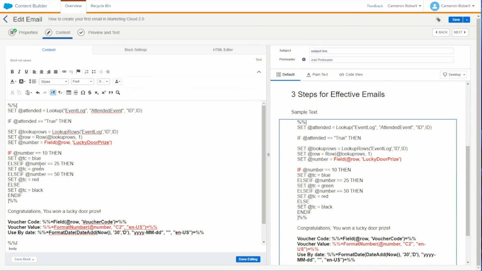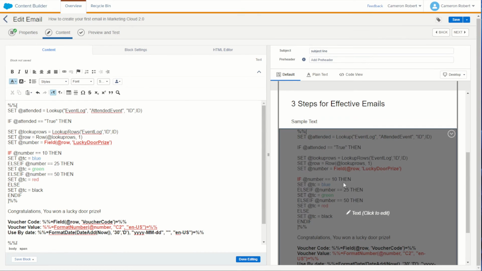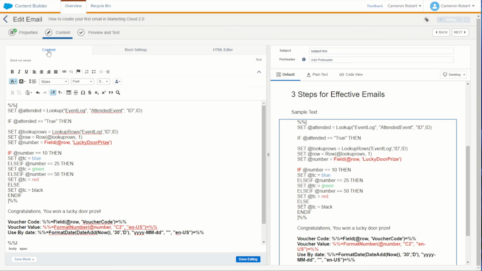Okay. Now, of course, we're going to need to get the color codes for each of our sets here. Now, we do know that blue, we want to show as blue. Green, we're going to want to show as green. And red, we want to show as red. Now, a cool trick inside Marketing Cloud is within our text block here, we are, of course, using our Content